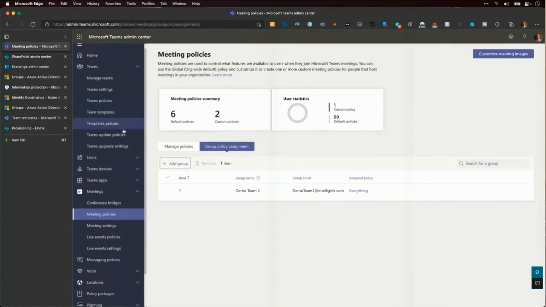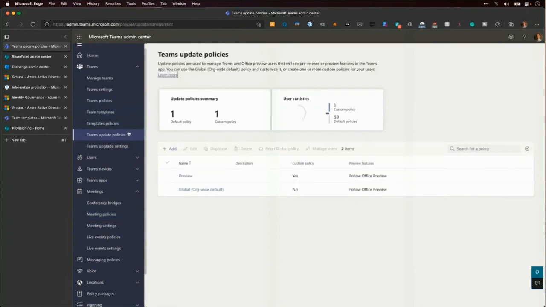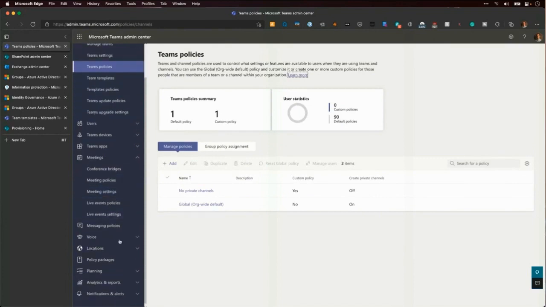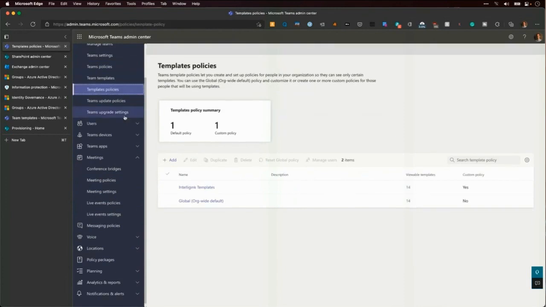I could do the same for most of these other policies. Not all policies you can do group assignments to. I can't remember which one it was. Teams policies has group assignments. One of these, I know there was not group assignments on it. But like I just showed you, you have all of these different policies that you can apply, but down here